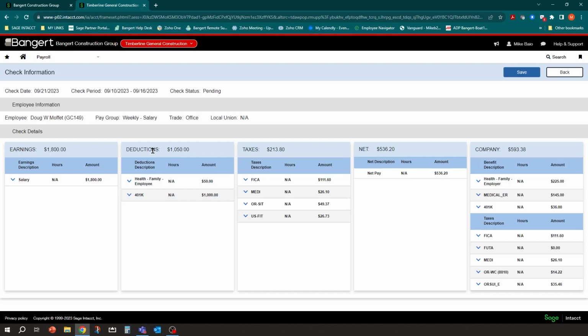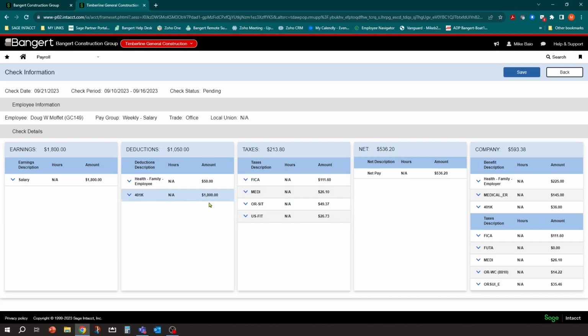The one thing you cannot edit here in this check screen is the 401k amount. So for example, if I click on that, you'll notice there's no detail button to go to, okay, because it will not let you edit the 401k amount. So for that one, actually, we'll come back to that in a second. So we can't edit the 401k, and we cannot at this time edit the tax on the fly. Okay, so those two items are going to be handled a different way.